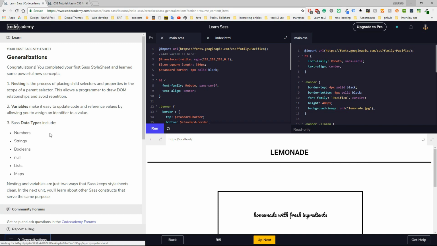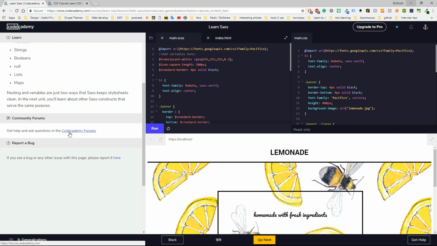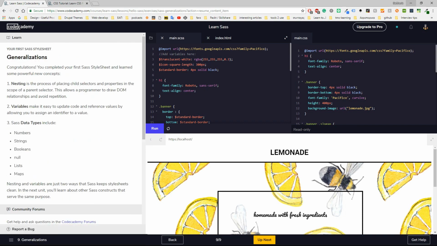and here you see what you have learned so far. You have your main SCSS, then the index, and then CSS, so you have a comparison between the SCSS and the CSS part. You don't have to do anything, they give you this comparison. Also in this left part here you will have a small revision or a recap that says what you have already learned. Now let's continue